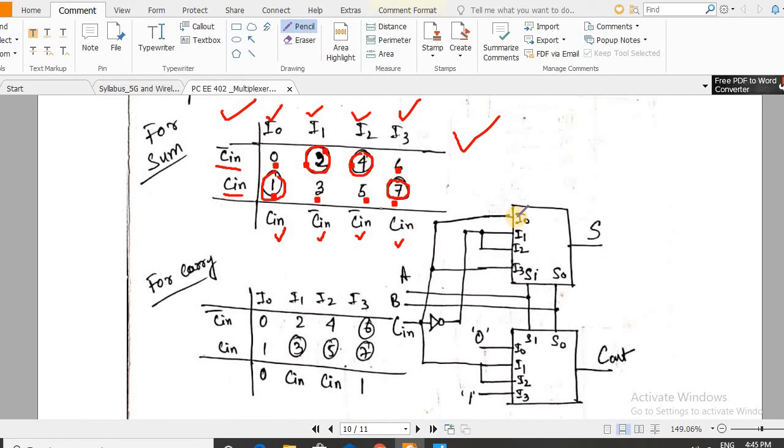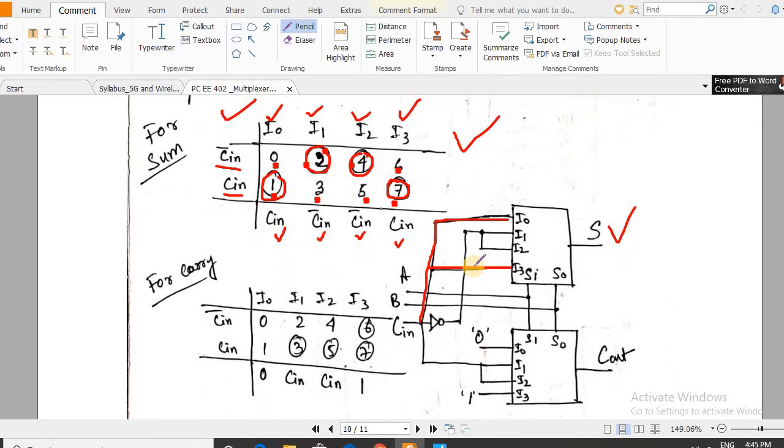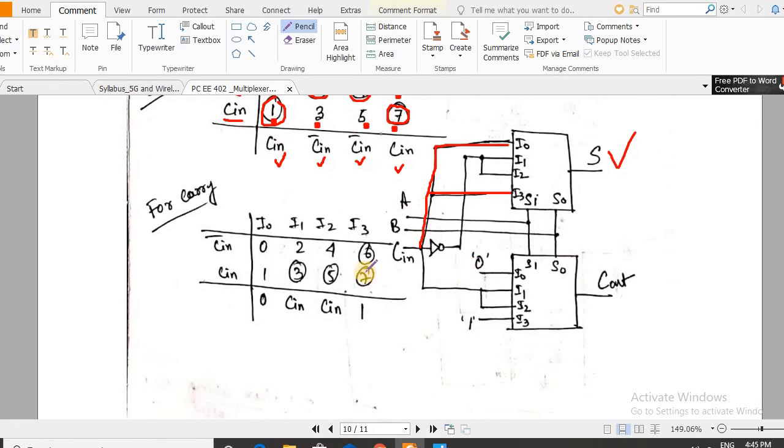See here I0 and I3 will be connected to Cin, but I1 and I2 are connected to Cin bar. So this is the output of a NOT gate, so this is Cin bar. So this is the sum portion, and the carry portion we will do the same thing.